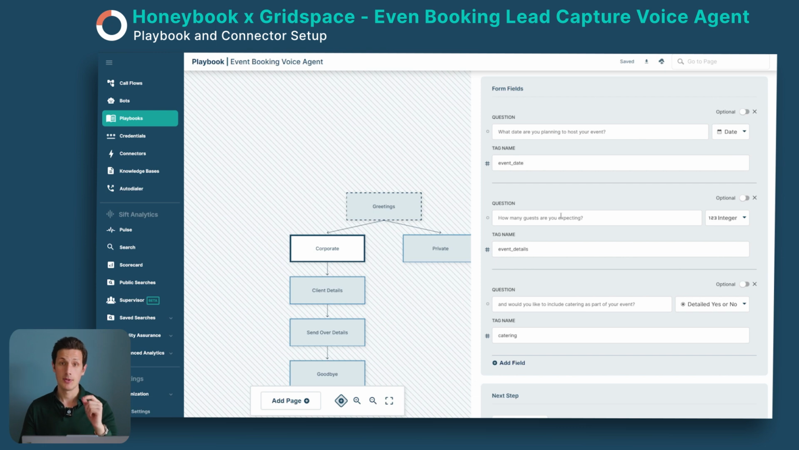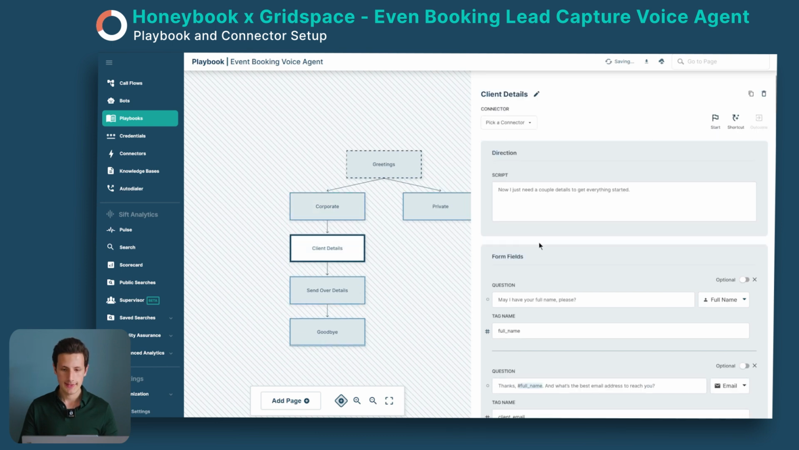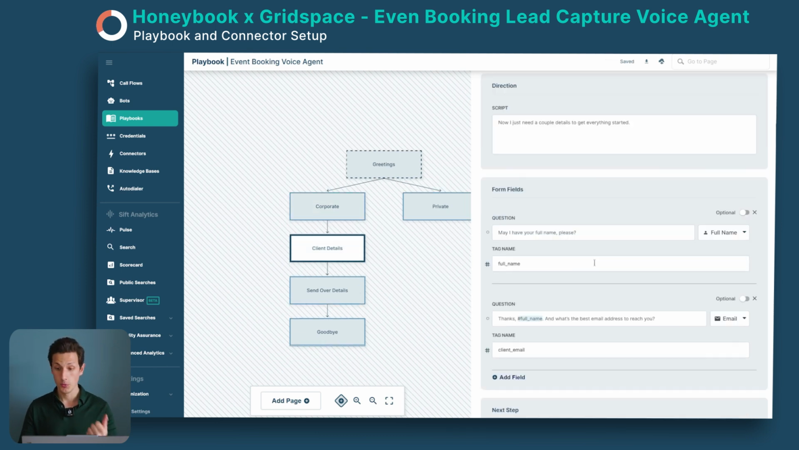And then we're saving that information into these tags. And these tags are where we're going to send the information from Gridspace through Zapier into Honeybook. And also we can make these questions optional if you would like. And then we go into the client details, and here we're collecting the full name. Again, we can be very specific about the type of information we're collecting: full name and an email of the